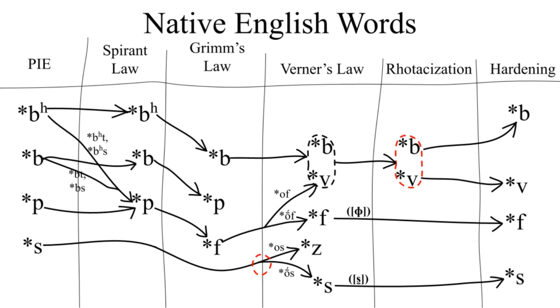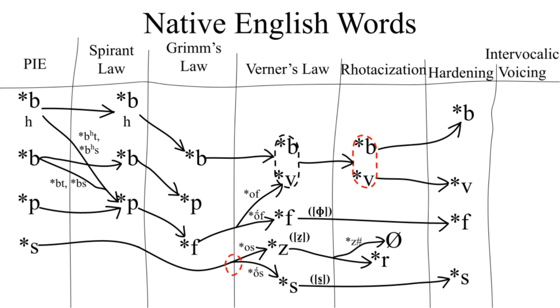While this might not seem like a big difference, it means instead of voicing to z, it voices to a different sound, which is closer to r than z, which is what it turns into, or disappears when it's at the end of a word. Z no longer exists in Germanic. And finally, number six, voicing of intervocalic fricatives. Once s corrected and f hardened, they picked up a new source of voicing, in being